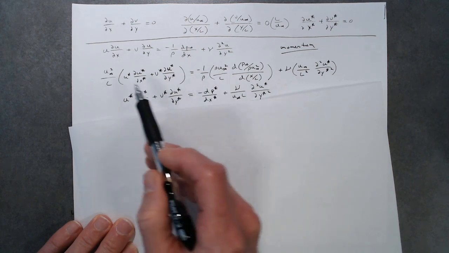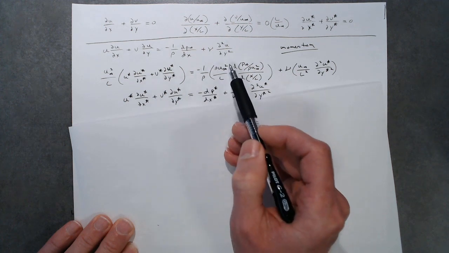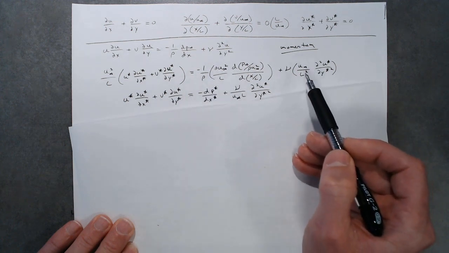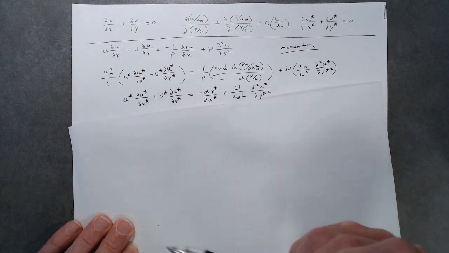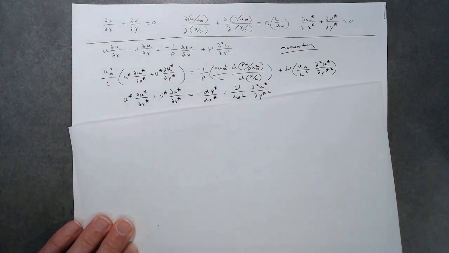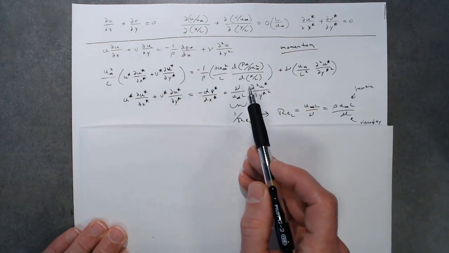The rhos cancel, u squared over L goes away here and here, and we're left with nu over u L in this last term. So we've simplified the equation somewhat,